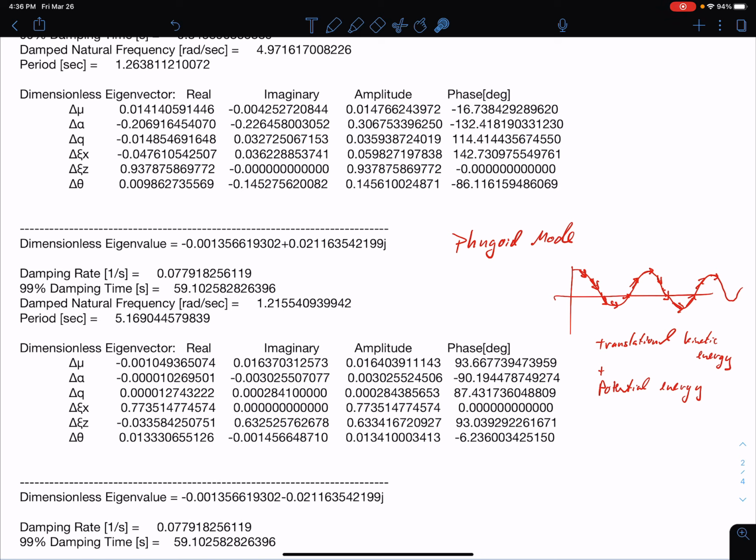Okay, so this is called the phugoid mode, and like I said, these numbers here may be a little bit low. Both of these here are low for manned aircraft. Usually, this damping, 99% damping time can be on the order of multiple minutes, and the period can be much longer. Now, you may be asking why you haven't ever been in an aircraft and felt like you're on a roller coaster, right? So why haven't you experienced this mode? And that's because the pilot can correct for this very easily. The period here is so slow, and actually the autopilot's going to take care of it most of the time.